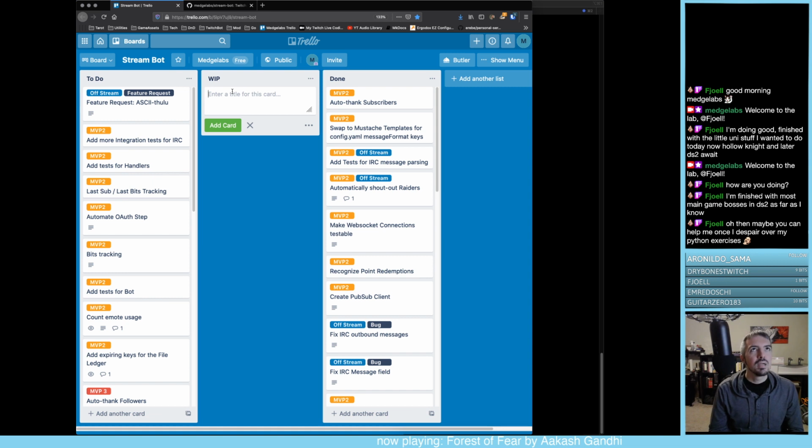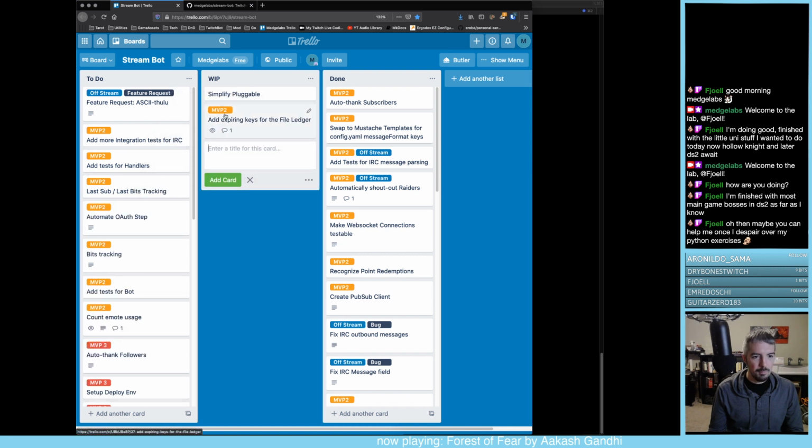Let's see. So number one is simplify pluggable, and the second one possibly will be the add expiring keys for the file ledger,